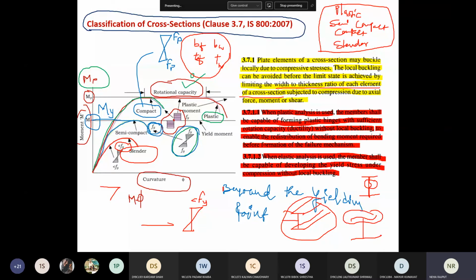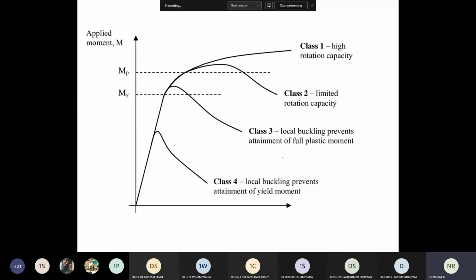So in the elastic region, it is designed up to its yield strength only, up to here only its design goes, yield strength, right? Not beyond the yield point. But here in plastic, up to the failure mechanism, with the help of plastic hinges, it will redistribute the moment. Clear everyone? Difference between elastic analysis and plastic analysis, right?